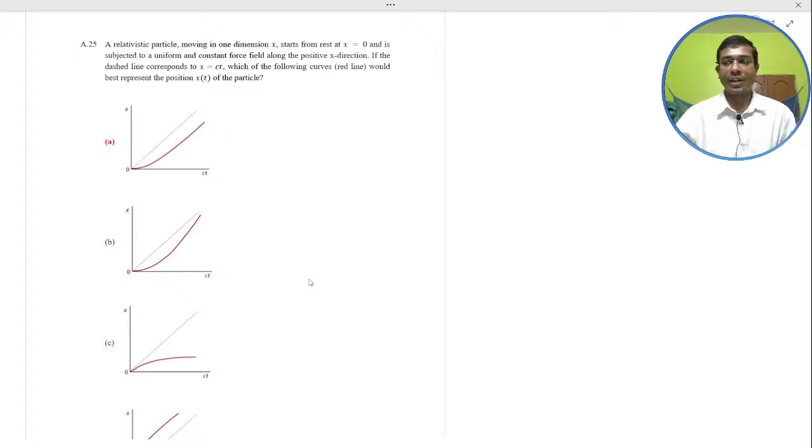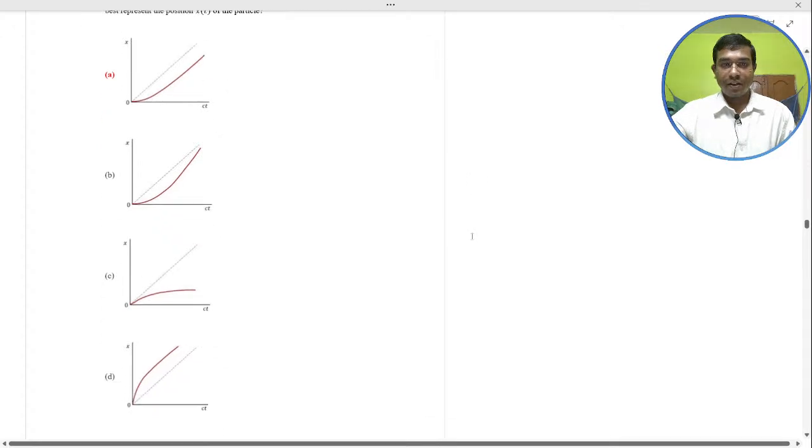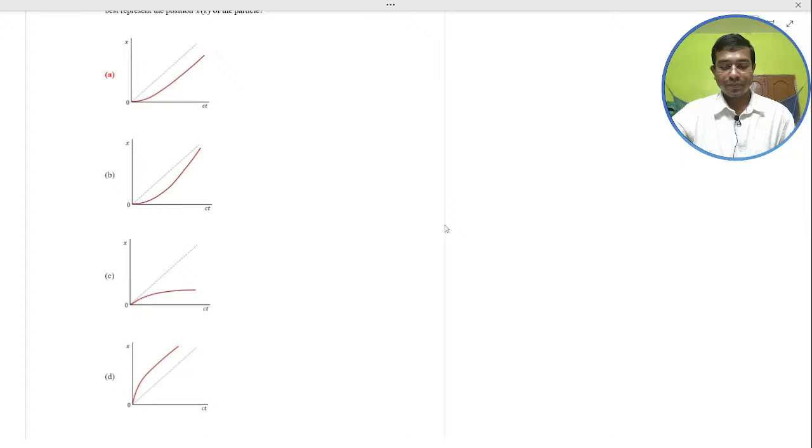This is from the special theory of relativity, STR, not classical mechanics. So the trajectory of the particle should lie below the dashed line and cannot cross it. This is because the dashed line